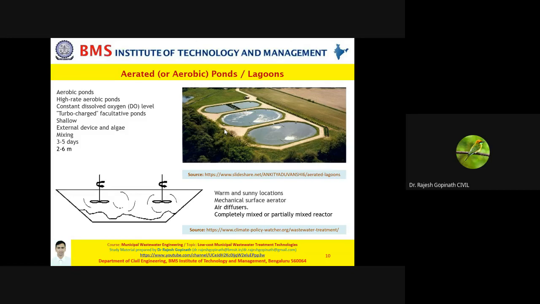Now, when it comes to your aerobic pond, how is oxygen being supplied here? First and foremost, it is because of your diffusers or your aerators. But apart from this, since there is sunlight, these ponds also facilitate the growth of algae. And when algae is present in your wastewater, what does it do? Algae will release oxygen into the water and take in carbon dioxide.